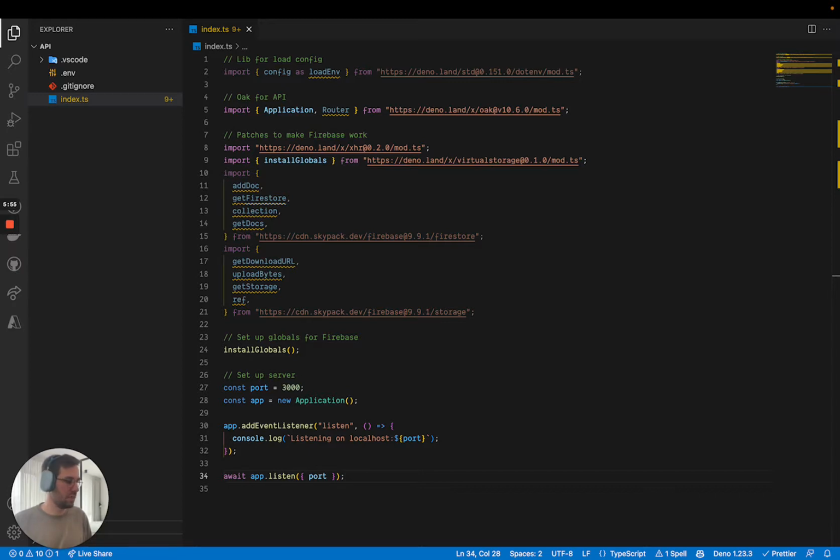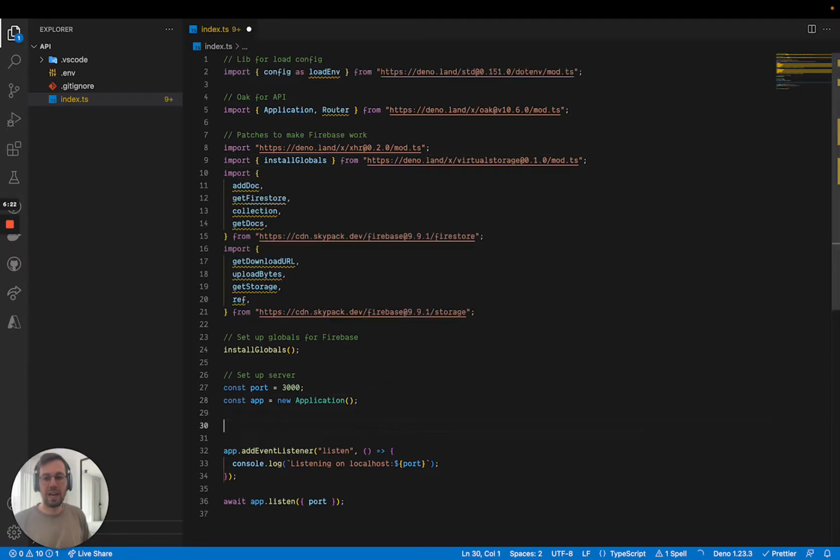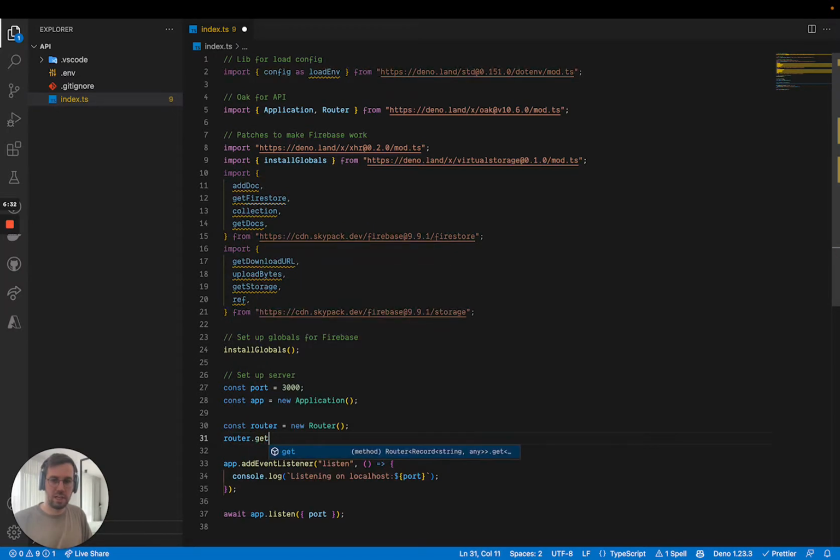Okay, cool. So the next thing that we are going to do is add some routes for a get and post request. So we can basically get a list of cute images, or add to the list of cute images, and that's real easy to do. So basically what we're going to need to do is set up a router. So I'm just going to go here before the app.listen. It's really important that we do it before. So I'm going to go const router equals new Router, just like that, and then we're going to go router.get